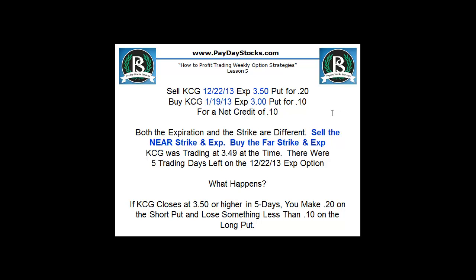So what happens with this particular spread? How does this work? What are the risks? What has to happen to make money? What's the goal? Those are all of the questions that we're going to be answering as we go through this